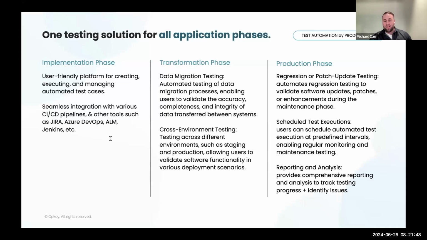Oftentimes, if SIT and UAT cycles are not done efficiently and in a timely manner, they can add up and lead to delays in your overall timeline of implementing your Oracle system. It can really impact that go-to-production date, which we all understand is very important to reach, to hit that mile marker.